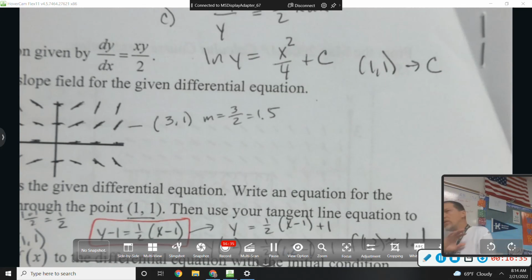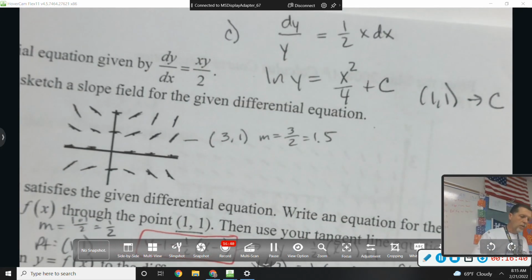All right, so your job is to finish this worksheet packet. We've done a big chunk of it, and we'll go over the rest of it on